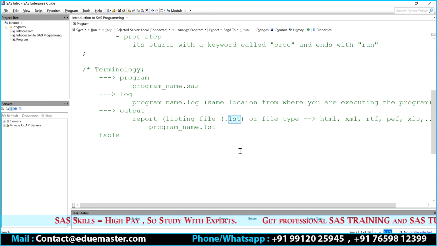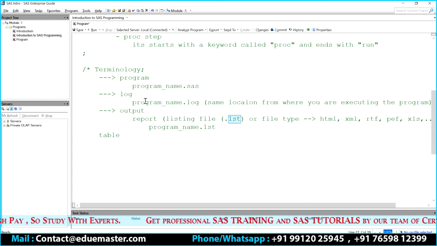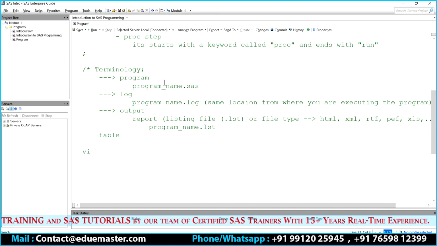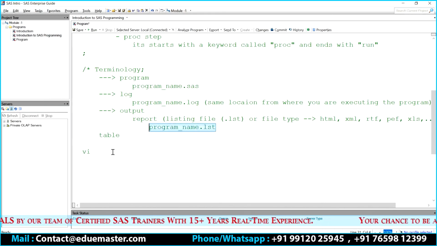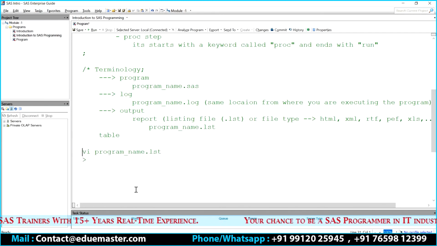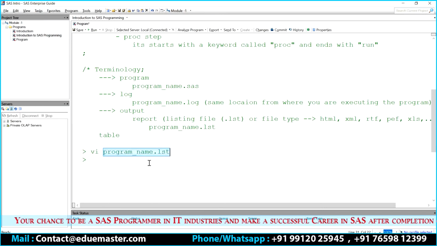A listing file is specific to, let's say, Linux, where I can create this, not here, correct? When I want to open a Linux file, let's say a .lst file, I can simply go ahead with vi, that is nothing but the vi editor, space, your listing file. It will display the content in your command prompt itself. This is how you're going to type it, right? You're going to have a command prompt, with your scroll bar there and your cursor blinking. You can simply say vi space your program list, that is your listing file.